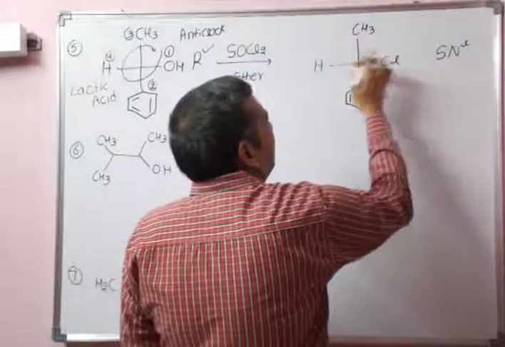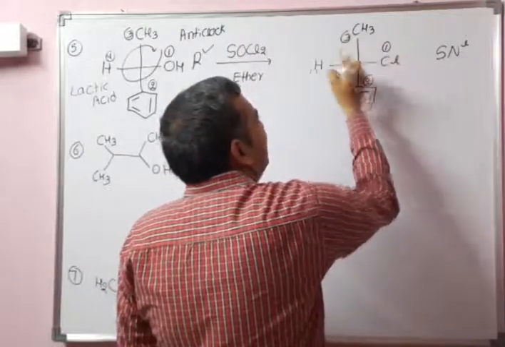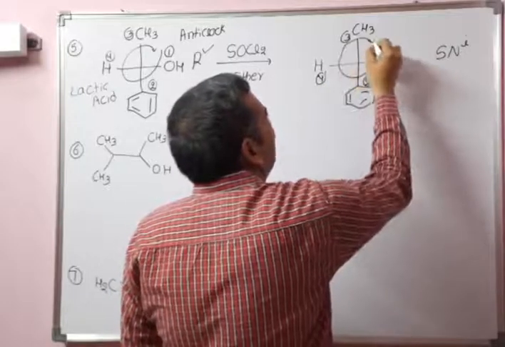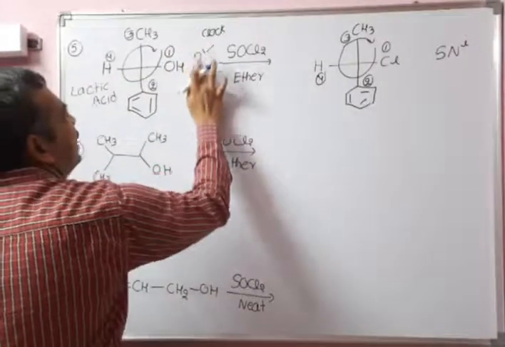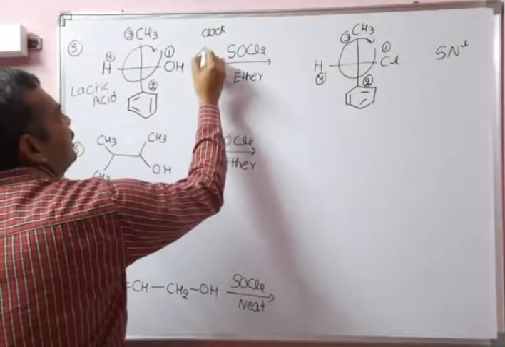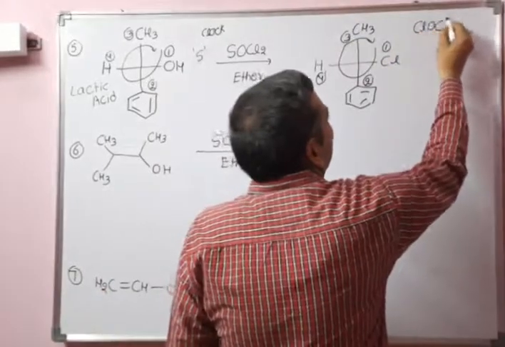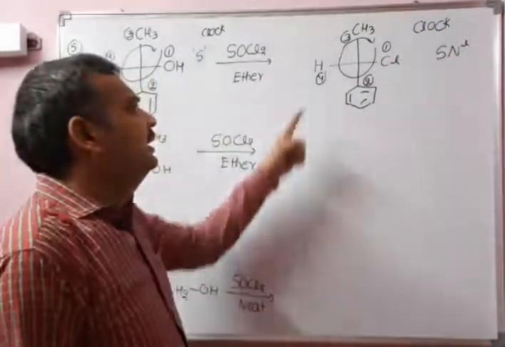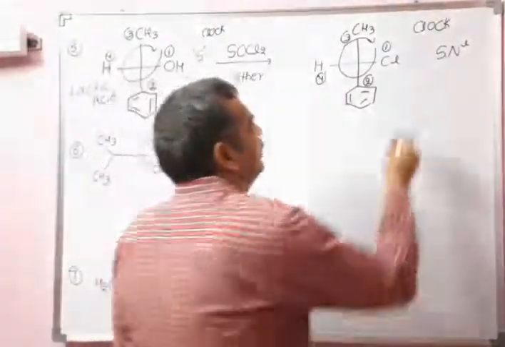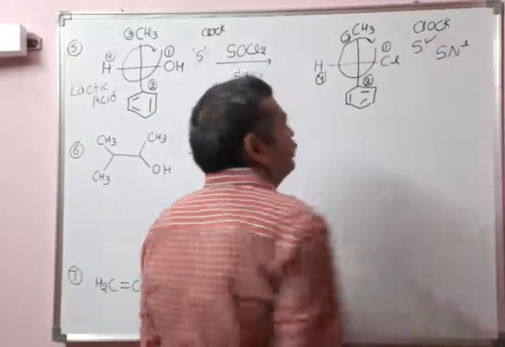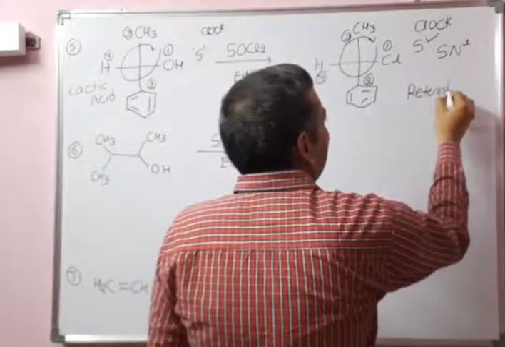Same, carbon, carbon, hydrogen, chlorine, first priority. Carbon, carbon to carbon, second priority, third priority, fourth priority, 1, 2, 3. Clockwise. Clockwise means actually R, but the least priority is on the horizontal. Horizontal means above the plane. If the least priority group is above the plane, we have to give the opposite configuration. S is the correct isomer. SNi is retention of the configuration. SNi, retention of the configuration will take place.